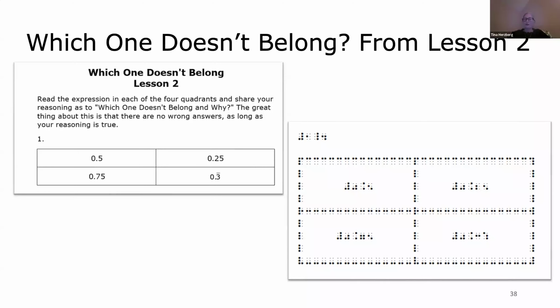Oh, we already have one. 0.3 repeating. Oh, why do you say that? Oh, wait a minute. There's another one that's saying 0.3. Why do you think 0.3 repeating doesn't belong? Because everybody's agreeing. Is it because it's irrational, and it's the only repeating decimal? Yes, that would have totally been it. But then what we encourage students after that, I'm sorry, but that's not the only one that doesn't belong. What else doesn't belong?